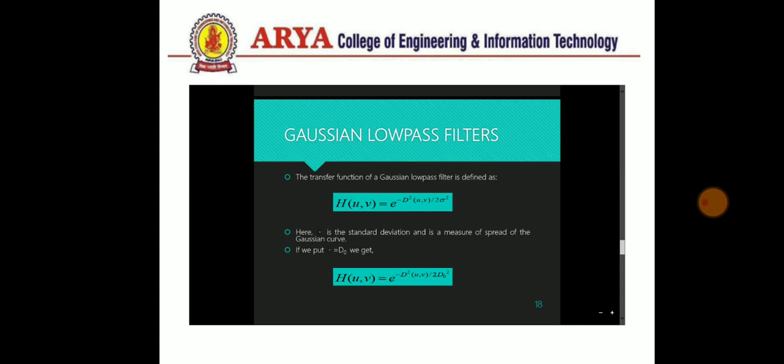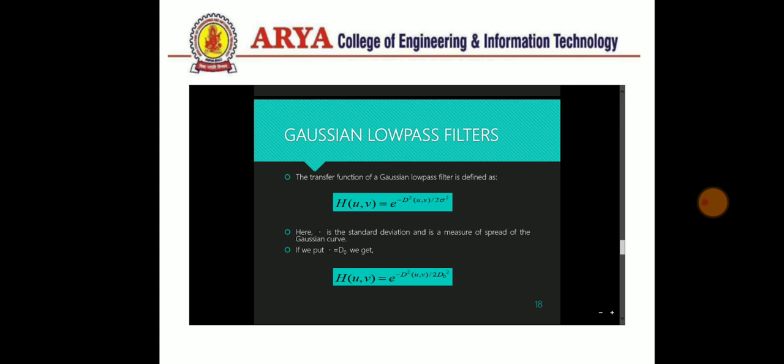Now the third type of low pass filter is the Gaussian low pass filter. This is the transfer function, and this is how the transfer function is calculated in this type of low pass filter. The mathematical expression is H(u,v) equals e to the power minus D squared (u,v) divided by 2 sigma squared. Here D(u,v) is the distance between the coordinate value (u,v) and the origin of the center, and sigma squared denotes the variance, which we have already discussed,